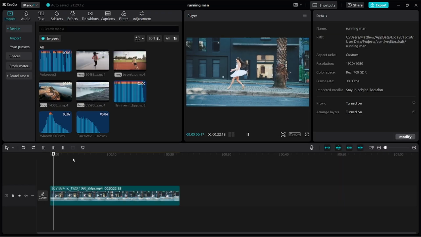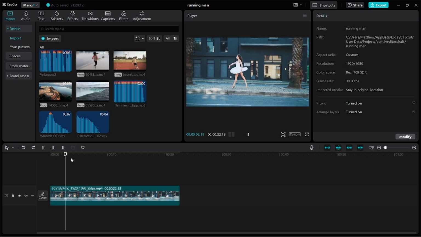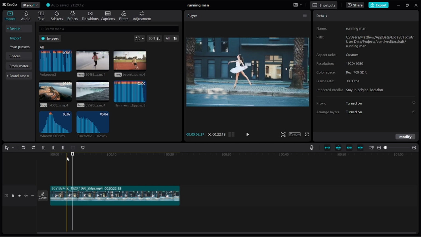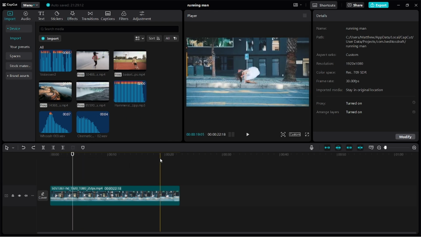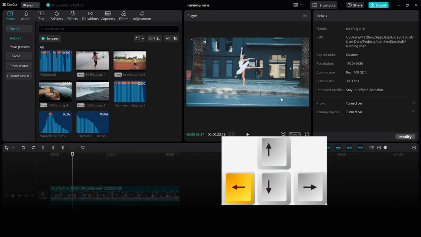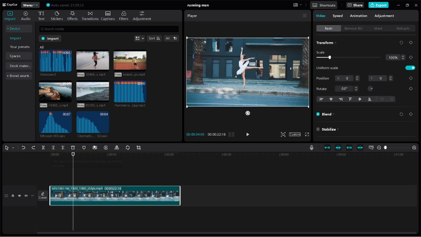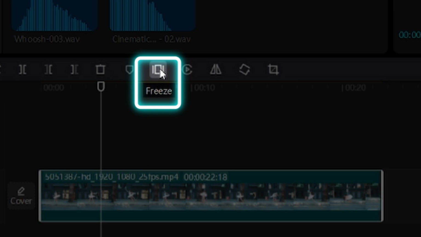In my timeline, I have this video of this ballet dancer, and I want to freeze the frame right when she lifts her leg. So I can just pause the video using spacebar around that part, then use the left or right arrow key on my keyboard to get the perfect frame. Now, once you get a perfect frame, select the clip and click on this icon right here to freeze the